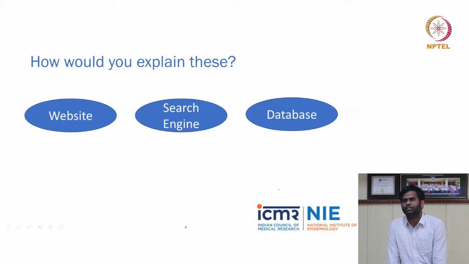So how do we explain these three terminologies? Website, a search engine, and a database. So website, as we all know, we have been commonly browsing through multiple websites. It's a location in the web where information resources or a search engine or a database is located. So this is identified by a domain name, usually starting with www.dentaltoday.com or whatever it is. So this contains information in the web.